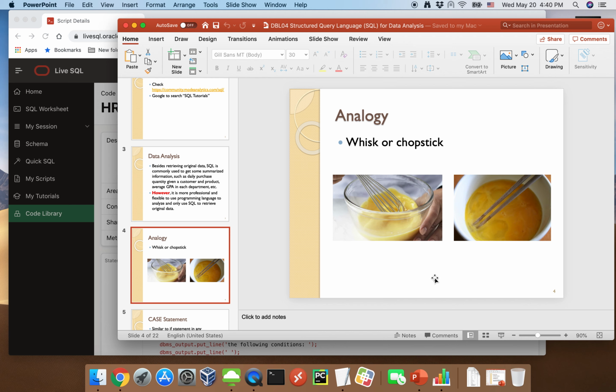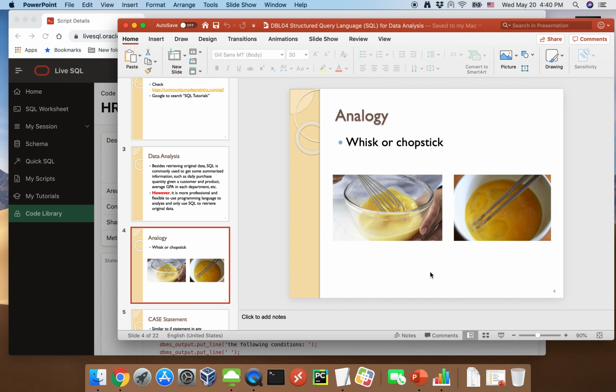They also use chopsticks as a whisk, although it's not as professional. But the benefit is you only need one item rather than so many kitchen devices, especially when you are living in a studio, not in a house, and don't have plenty of room. You probably want to minimize the items you have, but you still want to do the